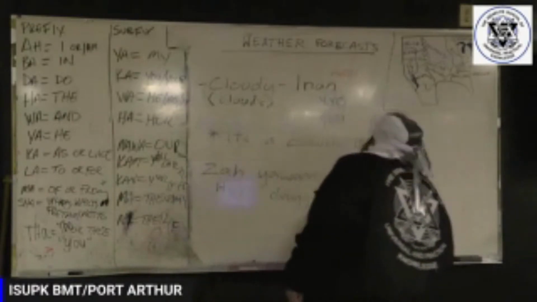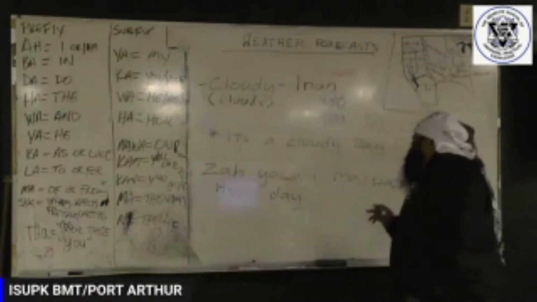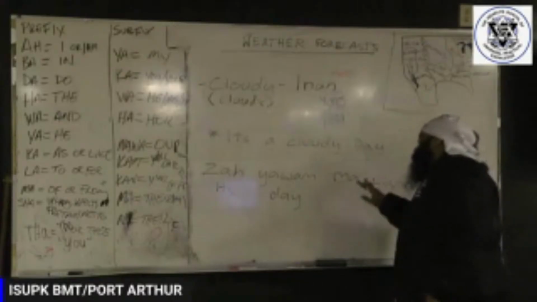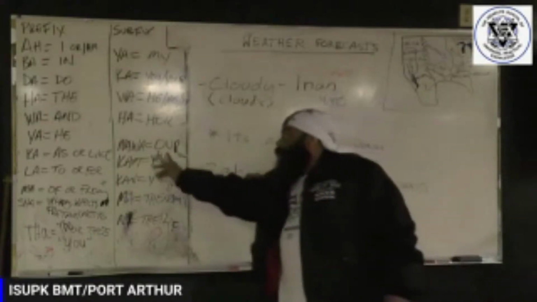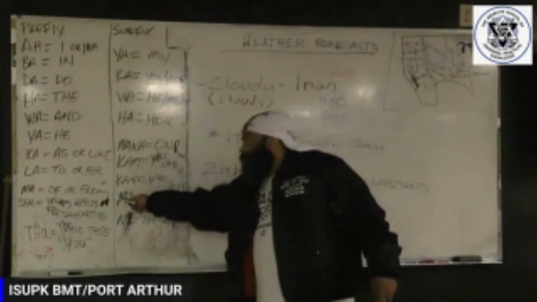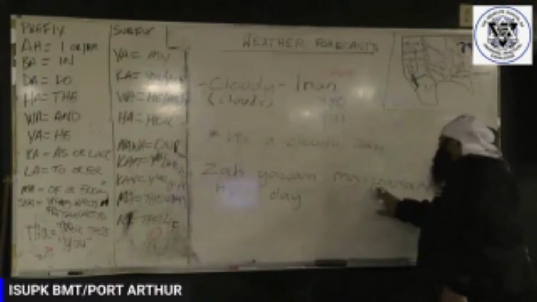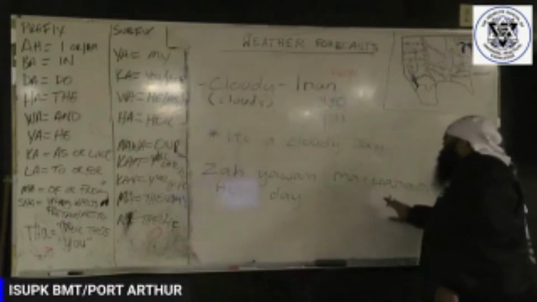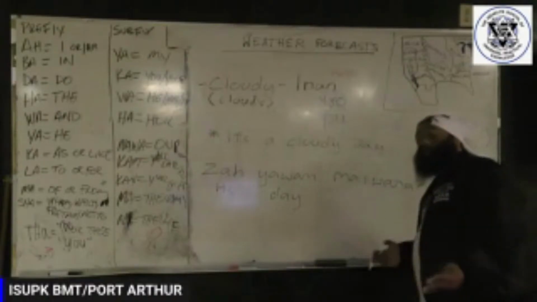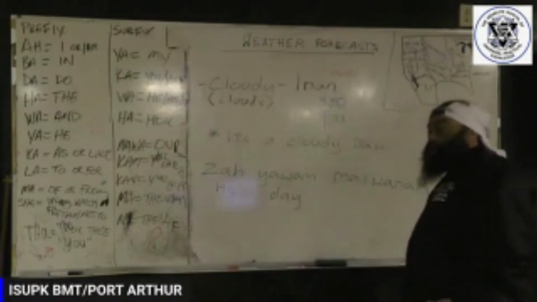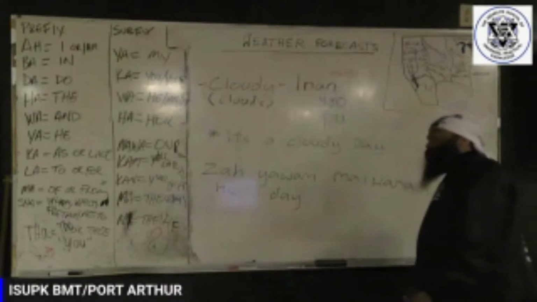And then Yawam means day, Za means it's, and Ma'awanan is a conjugation of I9. We have the Ma. We can look at our prefixes here. Ma means of or from. So it's going to be of and then cloud, or cloudy. So of cloudy. And wa in the middle of I9 means it's currently cloudy. It's that tense modifier for past, present, and future tense. I went over that before.